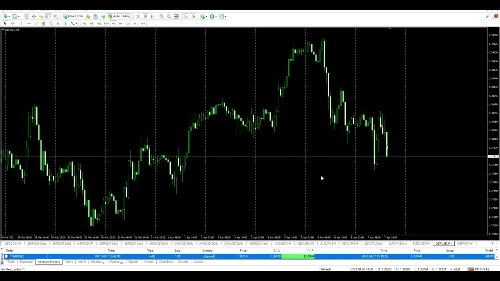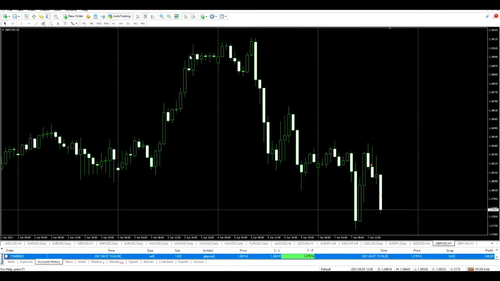Okay guys, and I'm back and we can see that the trade has played out nicely. I entered here. Let me just zoom in a little bit. And we can see that within a couple of hours, the trade played out. My take profit target was hit. And that was a quick